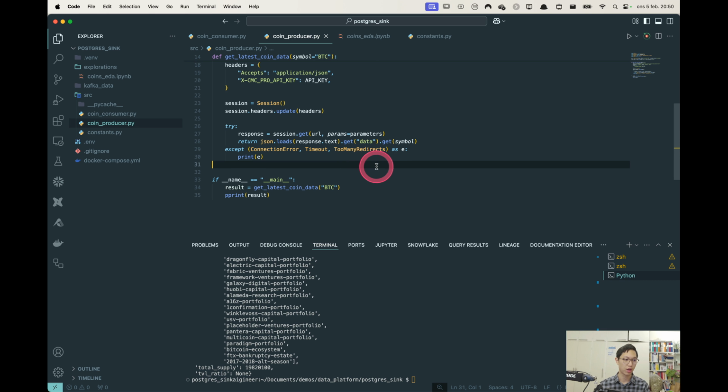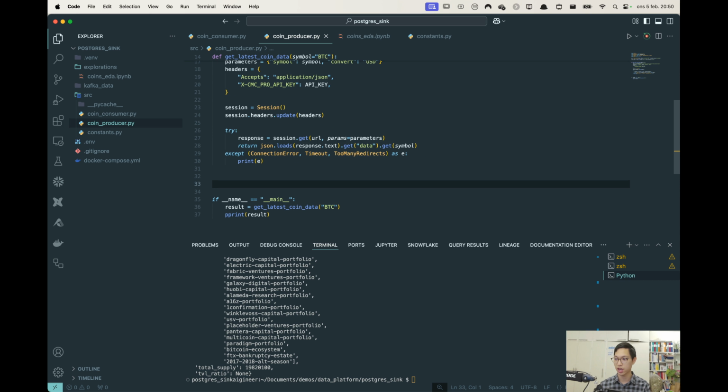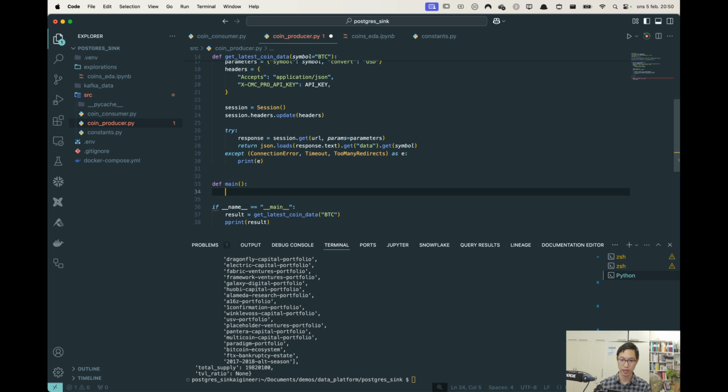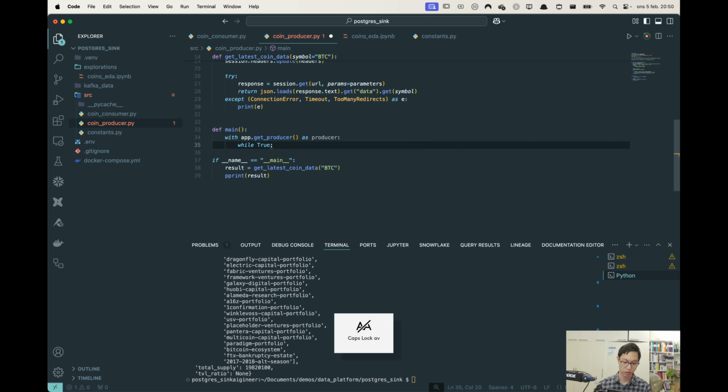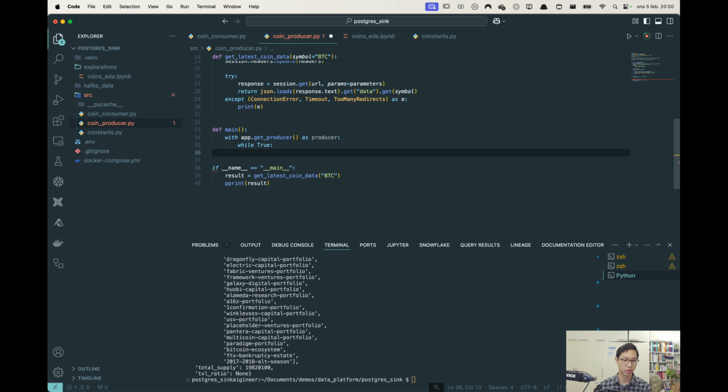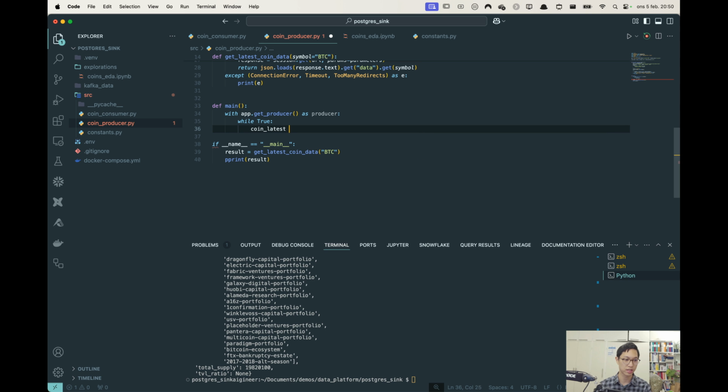So let's now do the interesting part. So now it's time for us to actually do some looping. So def main, and I will do it like this with app.get_producer as producer, and you have seen this one before. And here now, while True, I want to run this forever, ever and ever. Okay, and what do I want to do? I want to do this: coin_latest equals get_latest_coin_data, BTC,